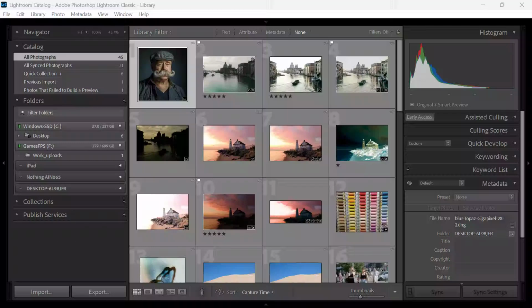If Lightroom Classic is showing the frustrating error loading modules message, don't worry. In this video, I'll walk you through the fastest fixes step by step so you can get Lightroom working again